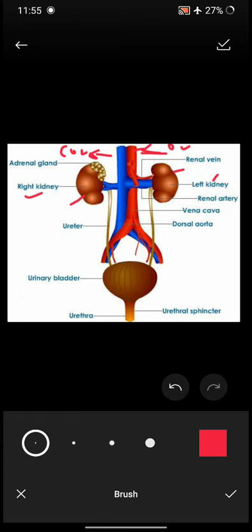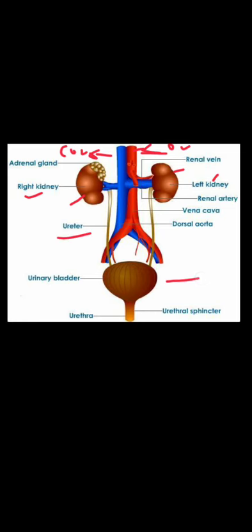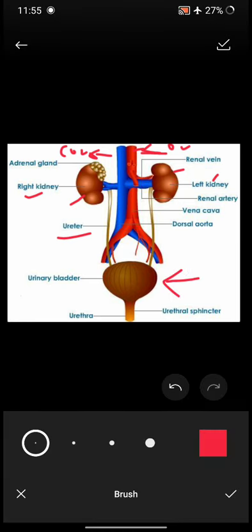There are two tube like structures coming down from the kidneys, and these are called ureters, and the ureters get connected to the muscular bag like structure which is your urinary bladder. At the end of the urinary bladder is your urethra from which the urine is passed out, and the act of passing urine is controlled by the urethral sphincter. It's a small muscular flap like structure which controls the opening or closing of the urethra.